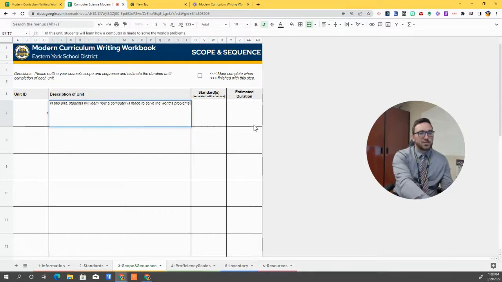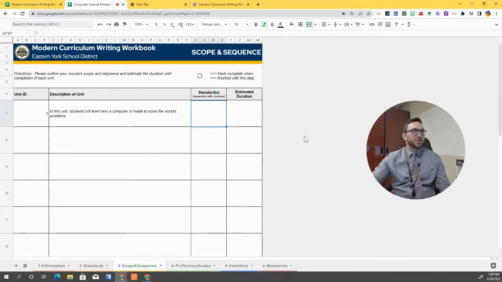Or create new ones, right? So that's my description of the unit. My standards, now, if I had more than one standard in my course and I was going to cover that in a unit, I would go ahead and write all of them, but I'm just going to go ahead and write